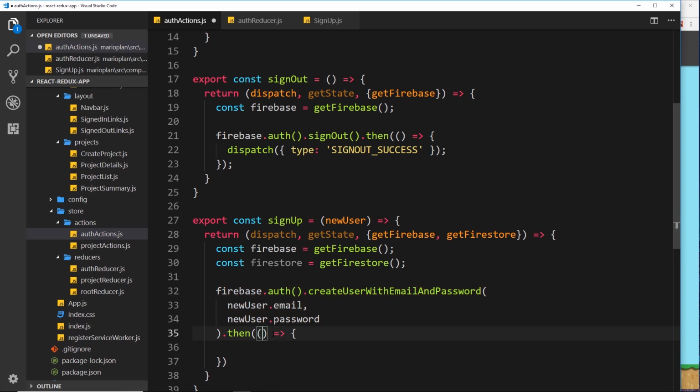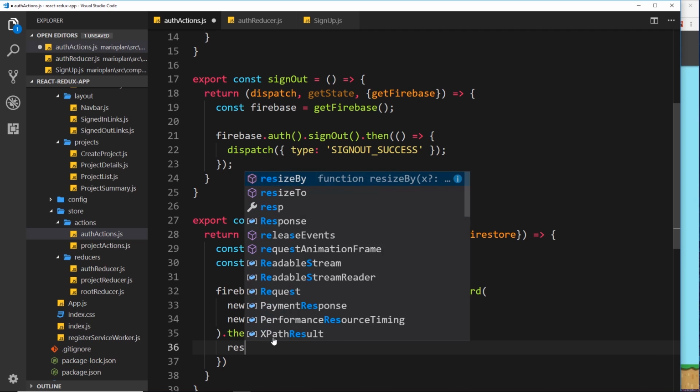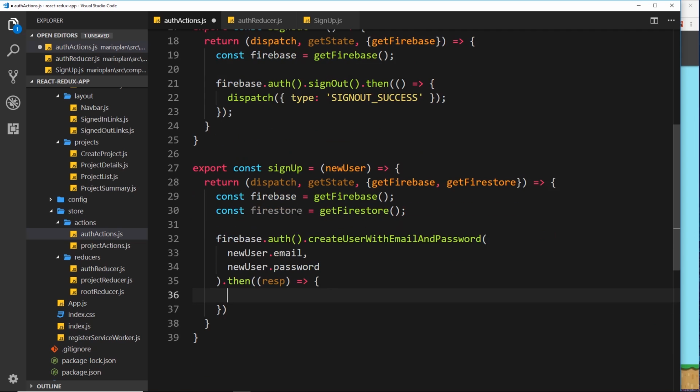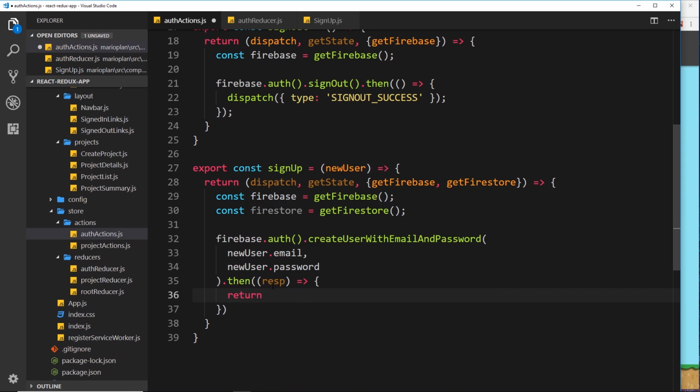Now inside this callback function, we can take the response of this thing right here. So this response is going to contain information about the user that we've just signed up, and that will be stored on response.user. Okay, so the user property of whatever we're sent back. So we'll access that in a minute because we're going to need to, because the next thing we want to do is create a record in the Firestore for this user that's just signed up. So we'll now say return, and I'll say why we return it in a second,